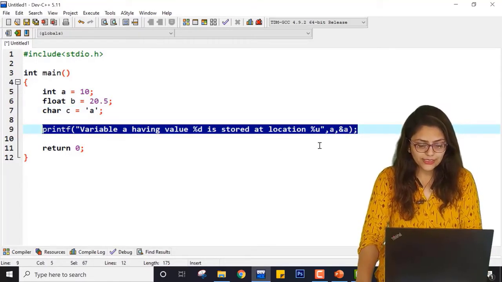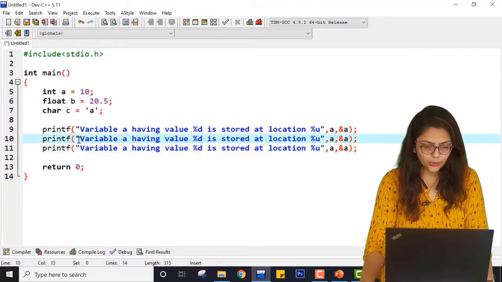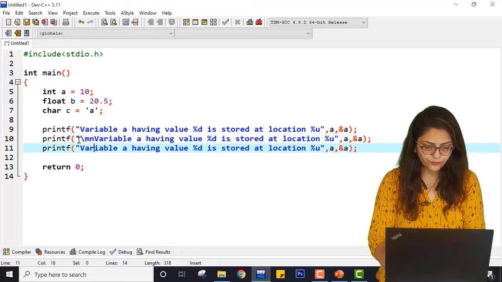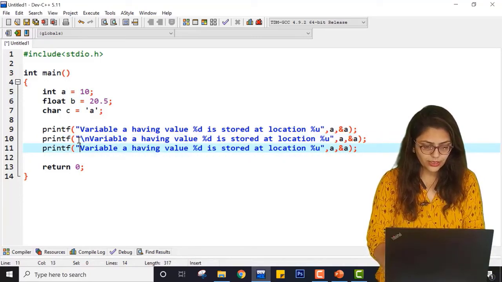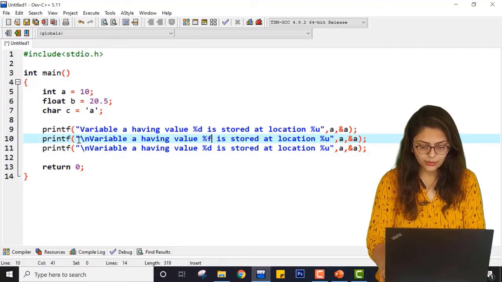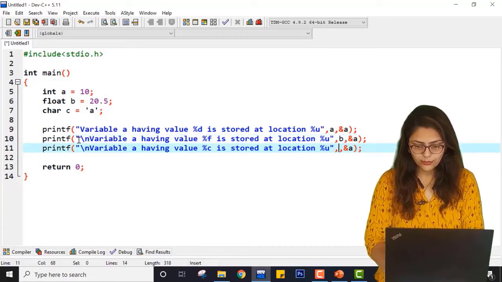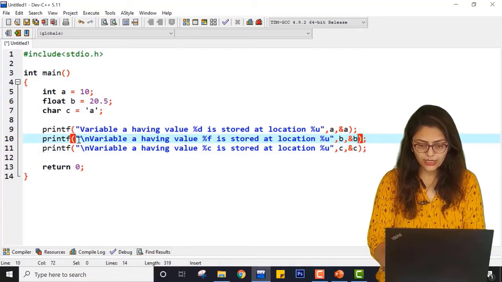So let me copy this statement and paste it over here. Here it will be \n. Here it will be \n. Right, and here as the variable is float, I am writing %f, and here I am writing %c, and it will be the same for b and c. Here it will be c, here it will be b.